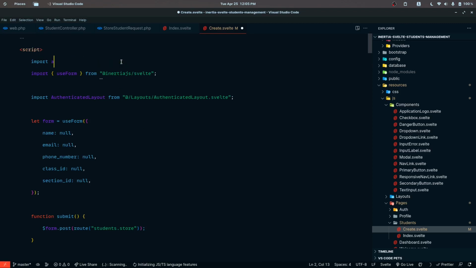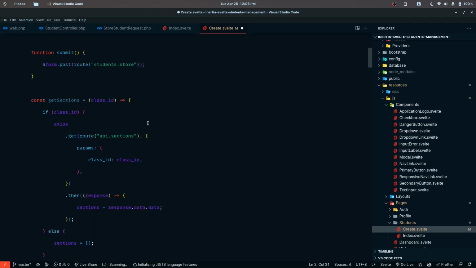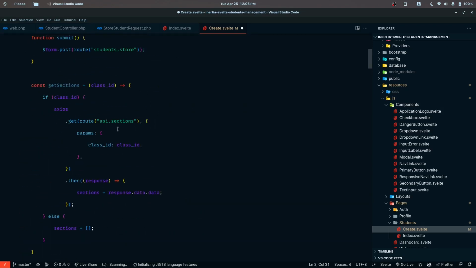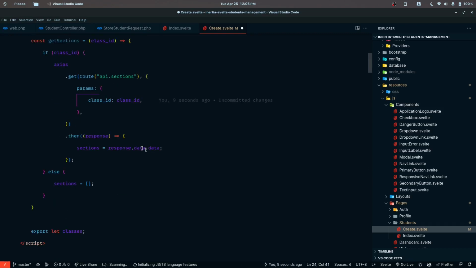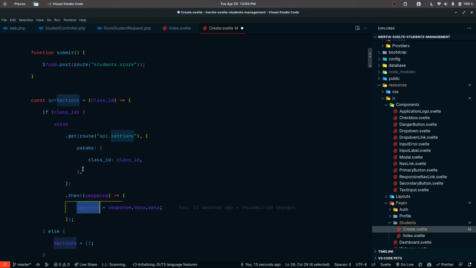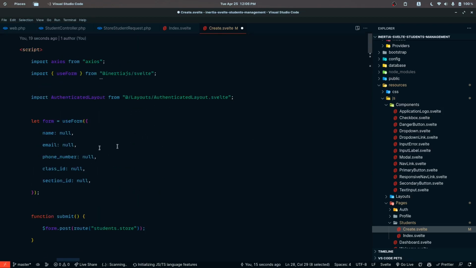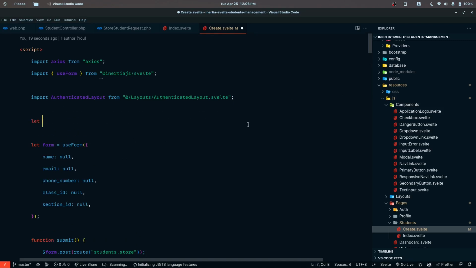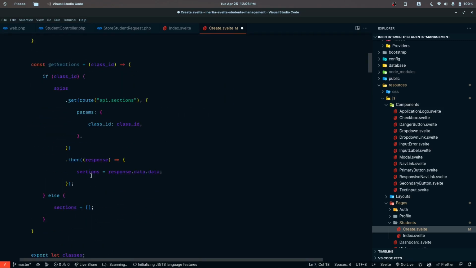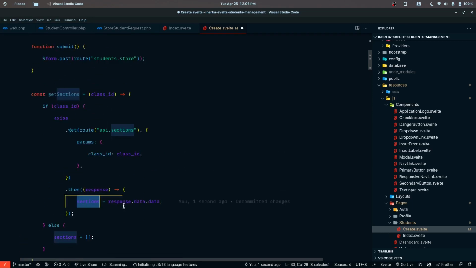So import Axios from Axios, and okay, we also need to implement this API for this. So if we have the class id, then we are going to use Axios to make a get request to api.sections, and we are also passing in the class id for this. And then if you have the response, in that case we are going to assign the value. Okay, we haven't defined the sections variable in here, so let's go ahead and do that. So then we are going to assign the value of the response to sections,